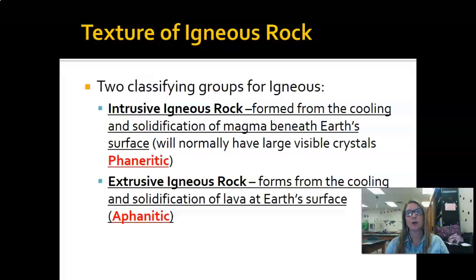First off, igneous rocks can be classified into two different groups: intrusive and extrusive. We talked about those different types of structures intrusively, and we'll also get more of a feel for what they look like when they are erupted out onto the surface. Intrusive means just that: they were formed inside the earth.